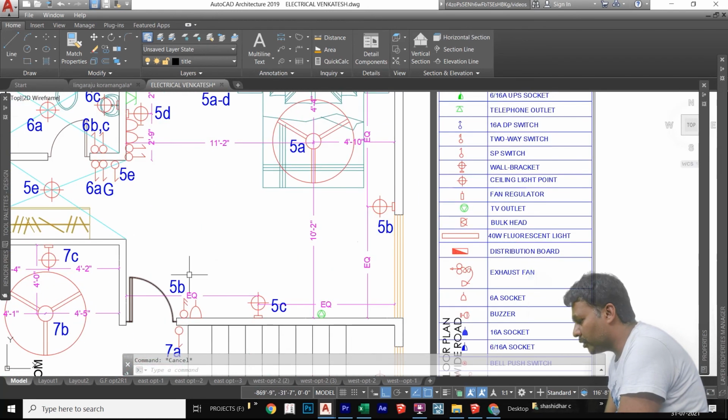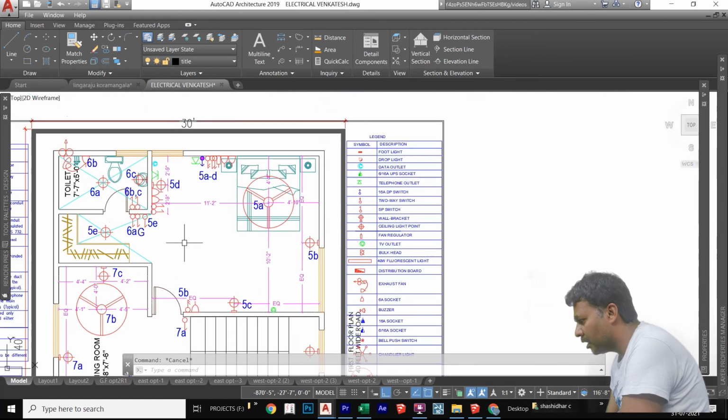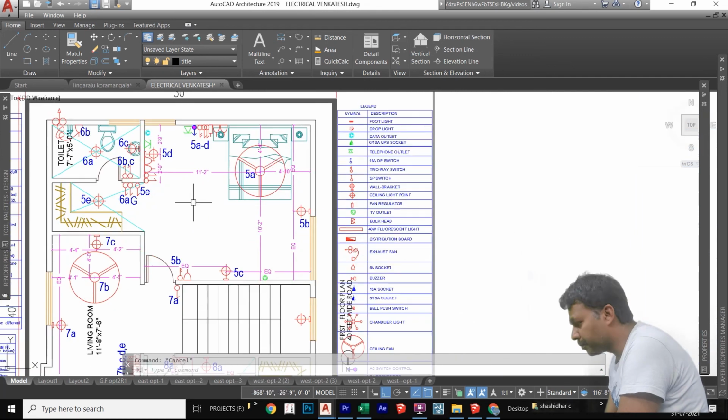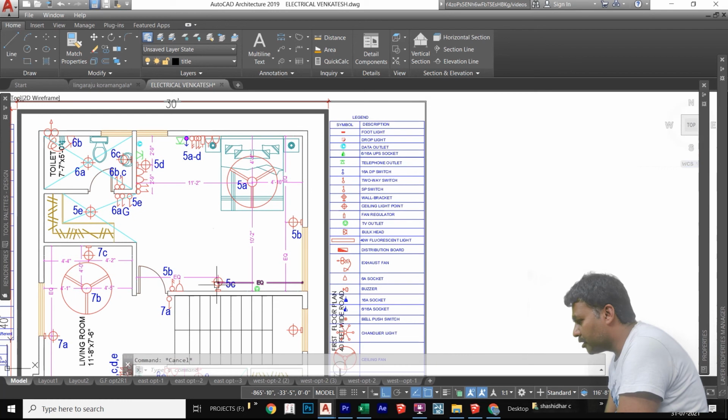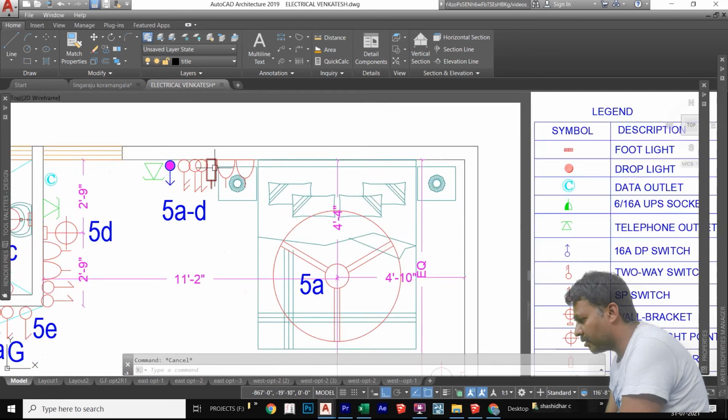In this bedroom, once we enter, this is 5B. See, one lighting point I provided here. For this lighting point I have given a control here, and in the same way I have given a control here also. Okay, and in this bedroom I have given 3 lighting points and 1 ceiling fan. Out of 3 lighting points, 1 lighting point is controlled here, the remaining 2 lighting points plus this light control I have given here, and the fan control also I have given here.